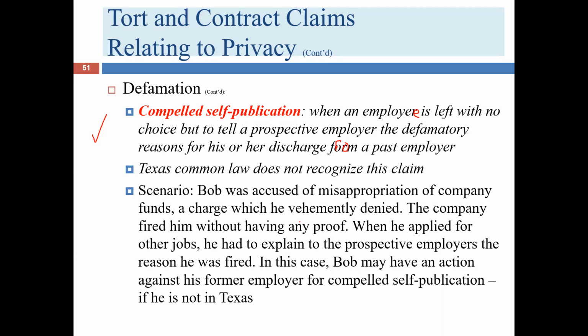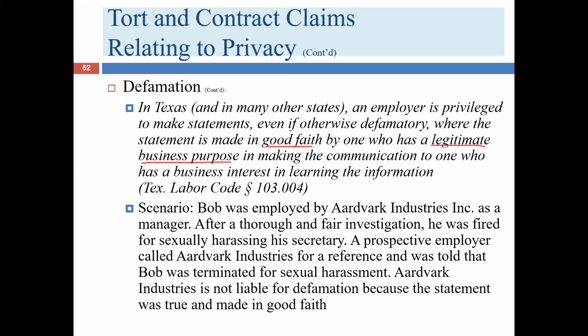It's good for the company to be able to investigate people for sexual harassment, for stealing, for whatever the issue is. And it makes sense to assist the company in engaging in that type of investigation. And so this type of protection is part of that